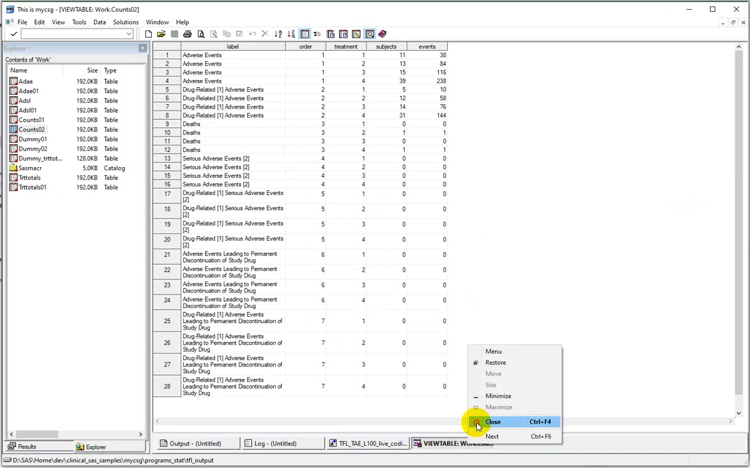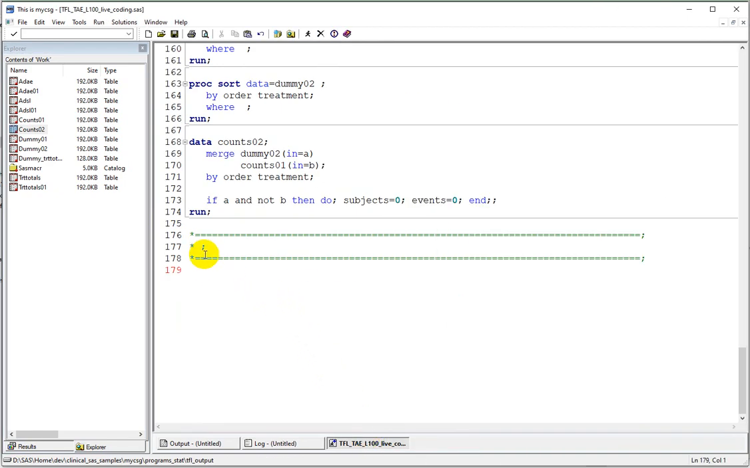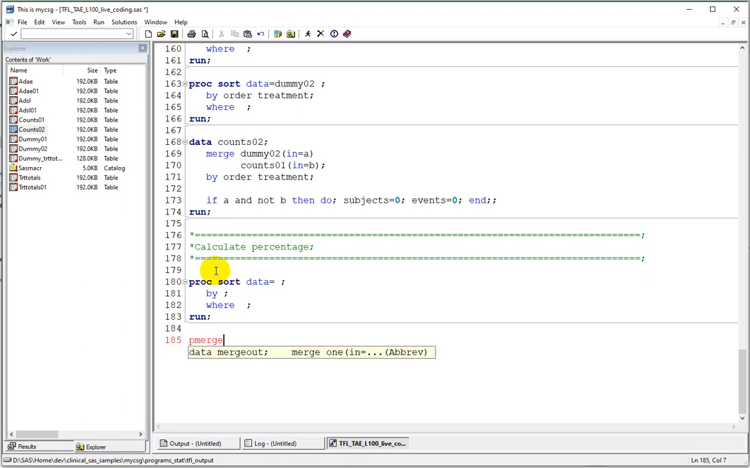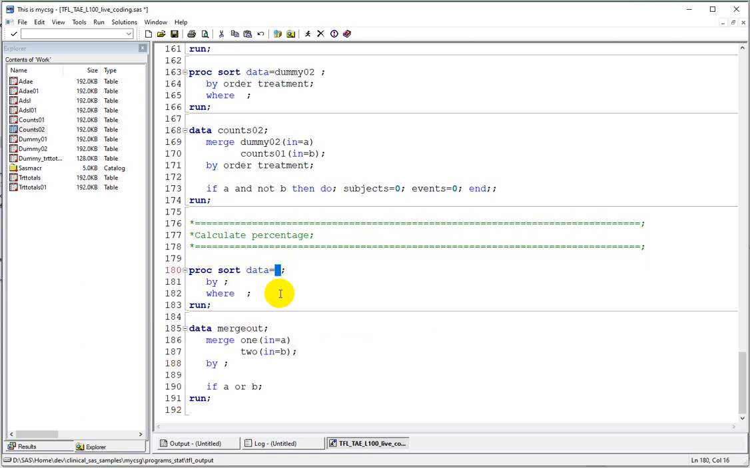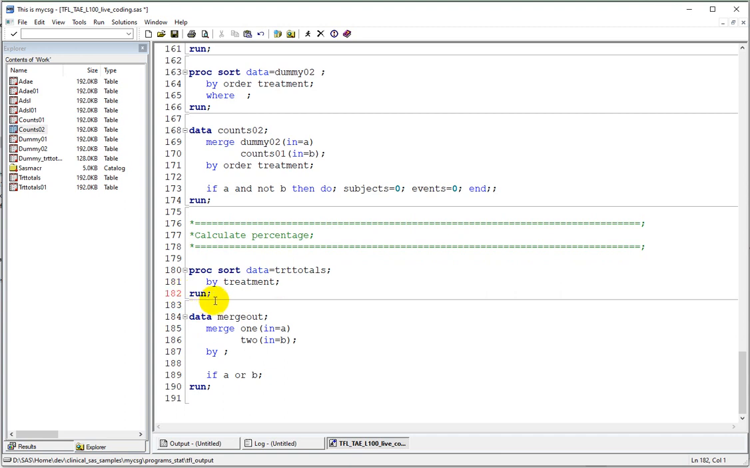So now let us try to calculate the percentage. So for that we need to get our treatment total into our counts dataset. So for that we need a sort and then we need a merge. So for sorting TRT totals, we need to use sorted by treatment. Let us replicate this proc sort